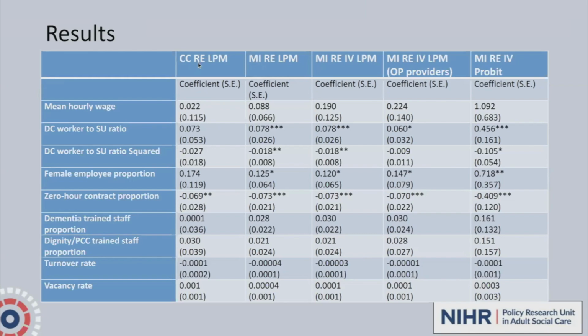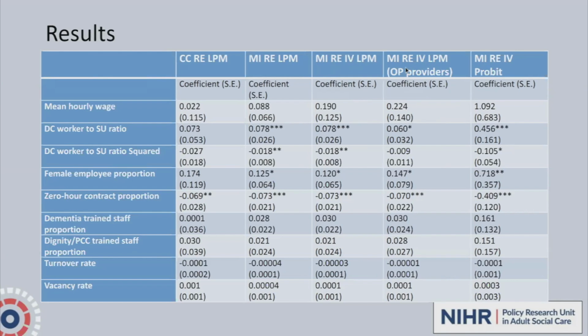RE is random effects, so it's simply the panel level data, and so we're controlling for that panel level. Across time, we're able to control for the changes in time that occur, and also therefore can cluster our standard errors by the home care provider. Linear probability model, as I already outlined, just means we're running OLS models, except in the fifth column where we run a similar model but with probits. And then IV is instrumental variable, where we control for the potential endogeneity of wage in the analysis. And so the final three columns we do that.